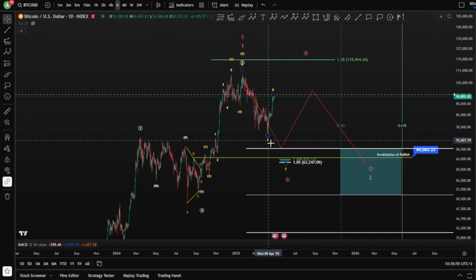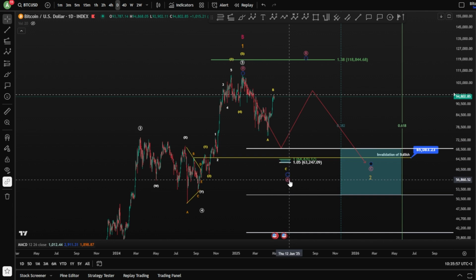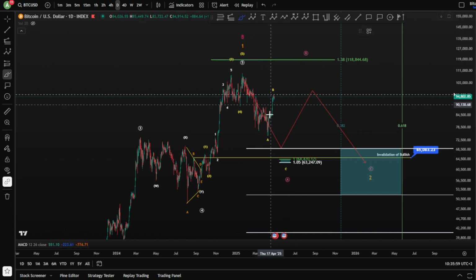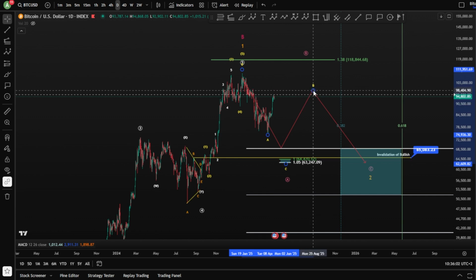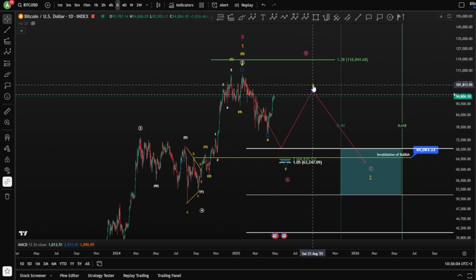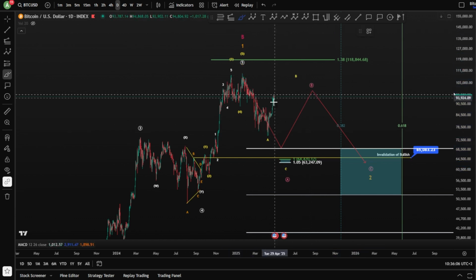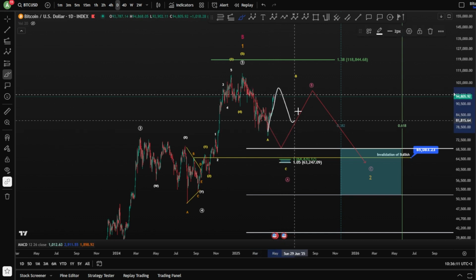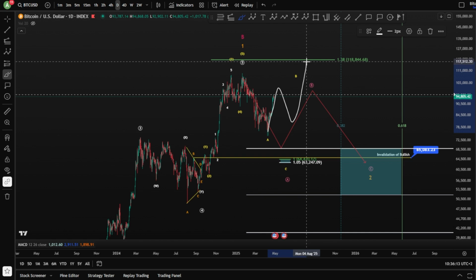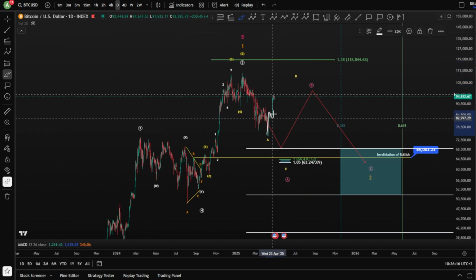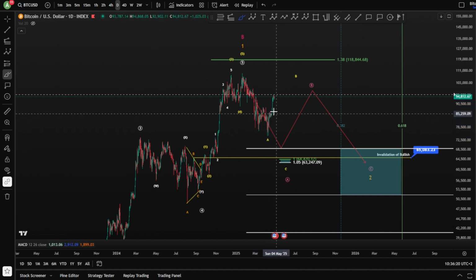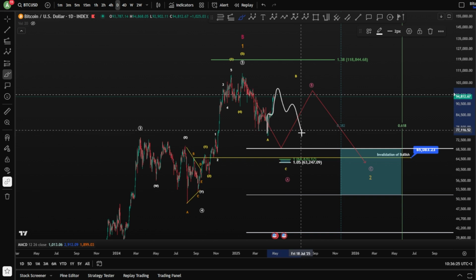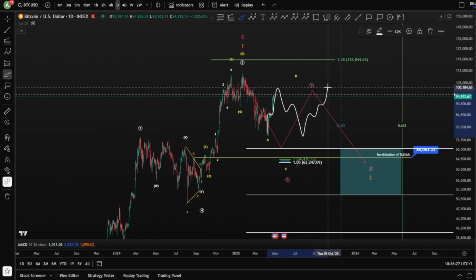Another possibility finally is, of course, that you have finished a wave A here as well. And you're looking for an unfinished wave B in the yellow, or it can be even for this one. It means you can have 3 waves up or potentially an impulse toward the upside. And of course, this is going to unfold, as we said, as a zigzag. But in case you have finished an ABC here, which is a high possibility because of the wave 2 being very shallow and sideways, a triangle, you might have 3 waves down and then 1, 2, 3, 4, and 5